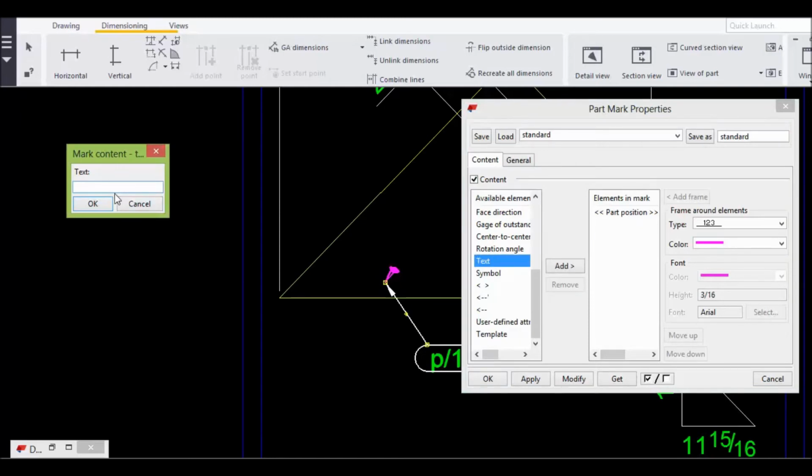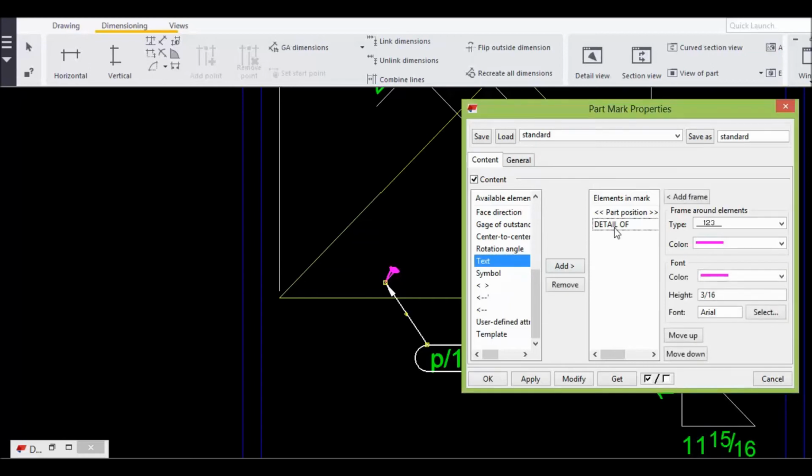For example, if you want a detail, you can add, or you can add anything, whatever you want you can add.